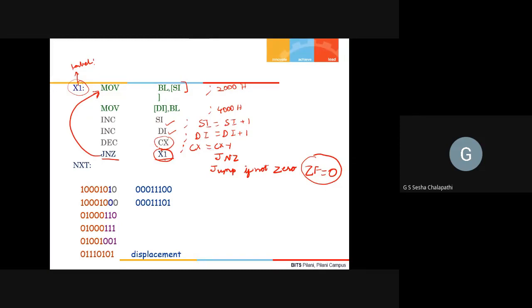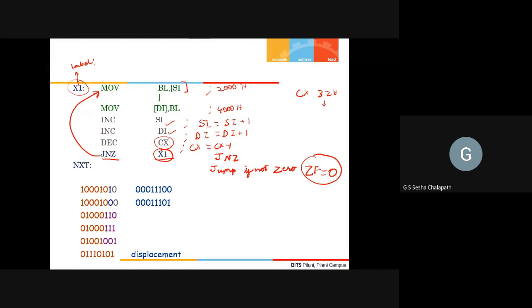Now when you do a decrement, as we have seen previously, the zero flag, carry flag, auxiliary carry flag and so on will be affected by the decrement instruction. So every time you decrement, the zero flag can be affected. Let us say the count was 32H.